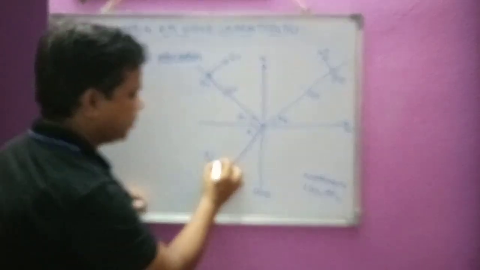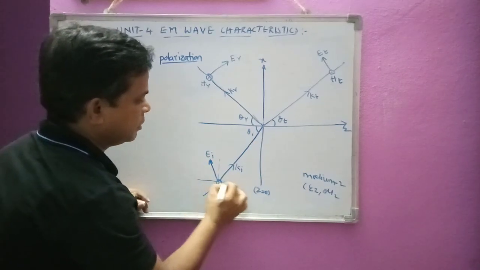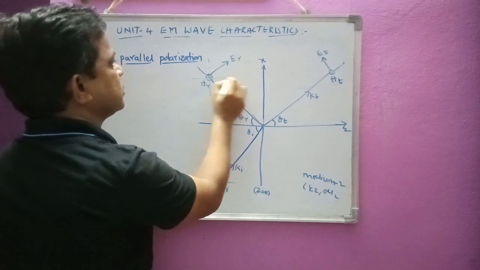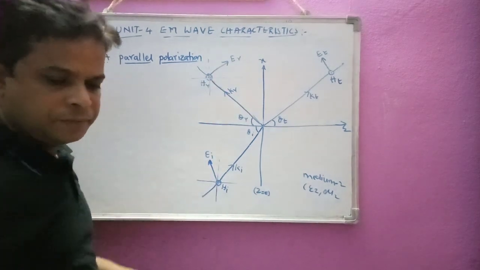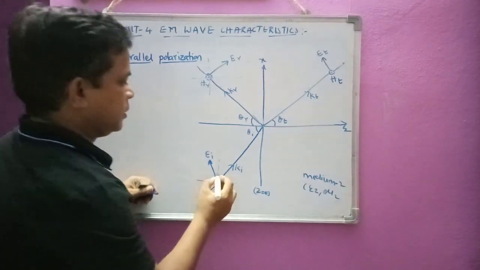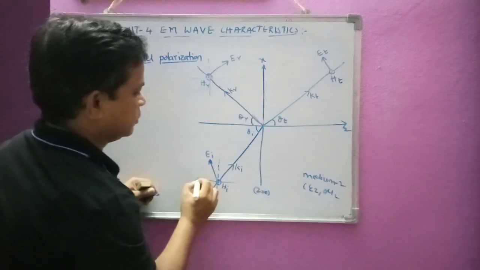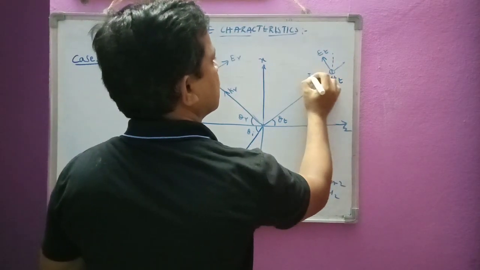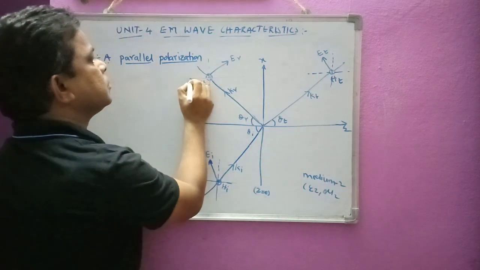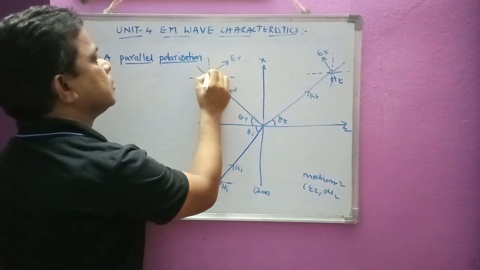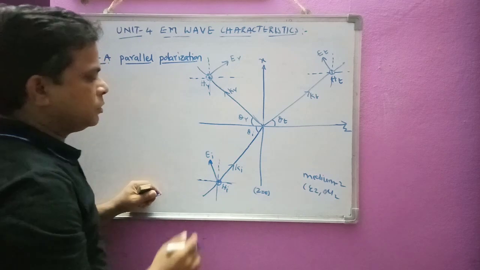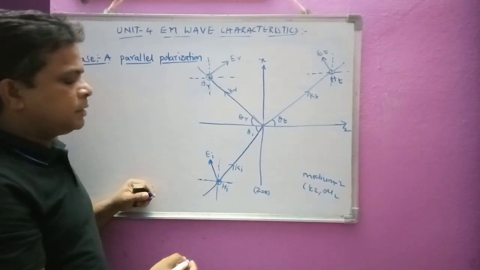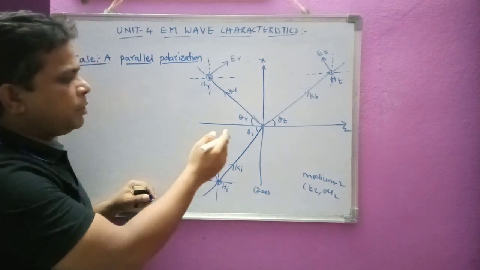So now I will draw a perpendicular here, and an axis here like this. It is not clear. Yes, so we have to draw it like this. Okay, now this is the resultant vector. Now we have to find the x component and the z component.